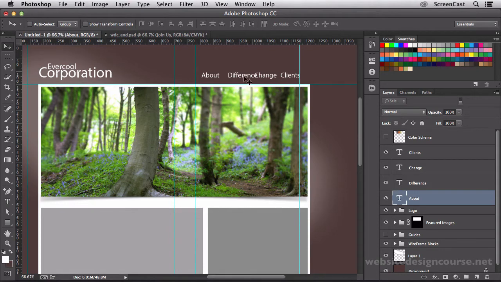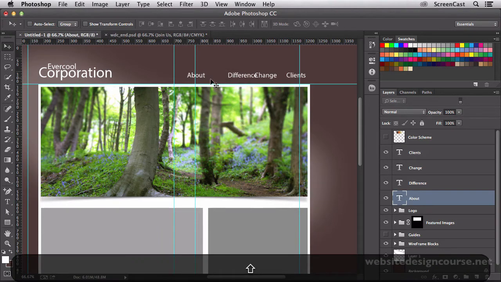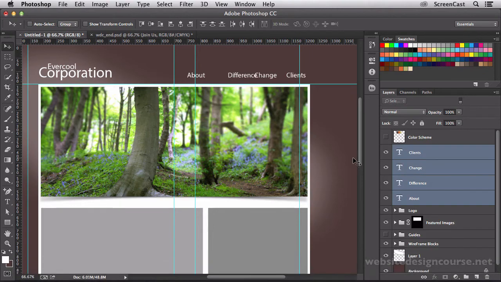And then I want to evenly space all these out. So I'm going to get the client's logo and position the outer bound first. So it's going to hang about where the edge of the page goes. And then the about is going to hang maybe over here. And then if I select each of these elements, so all 4 of those layers, I can come up here